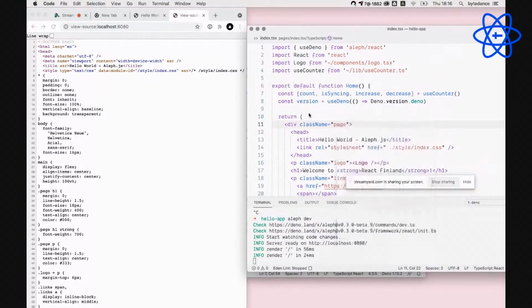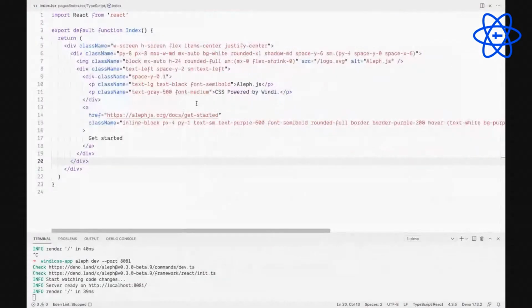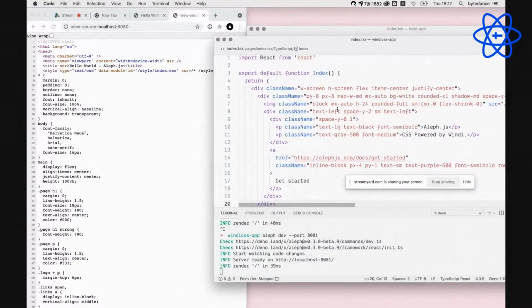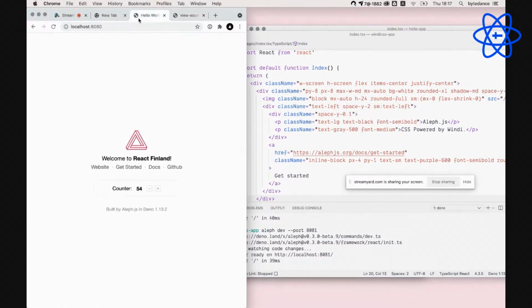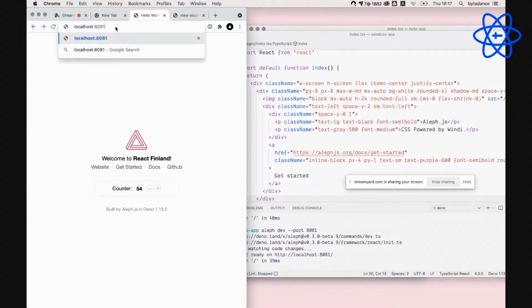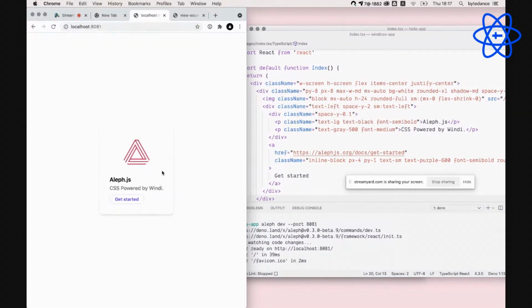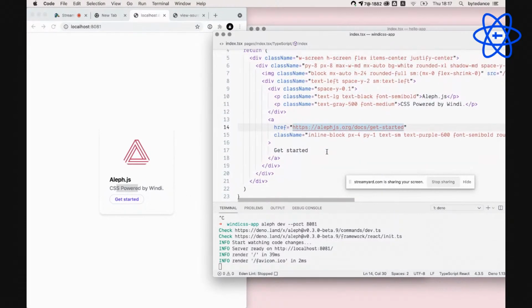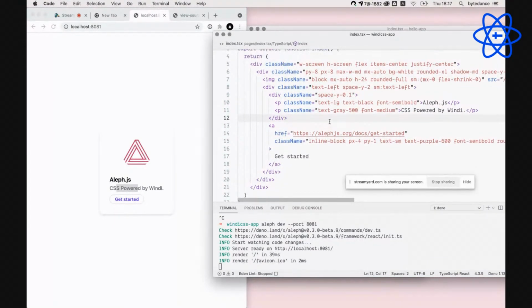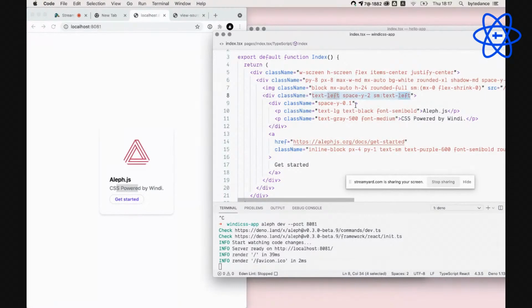Okay, I will show you another example. This one is using 1D CSS to create CSS files. You can see I open this page. This is a card with a picture, a title, a description and a button. All this style we write here like this, like Tailwind. So you can change, for example, we want left center.